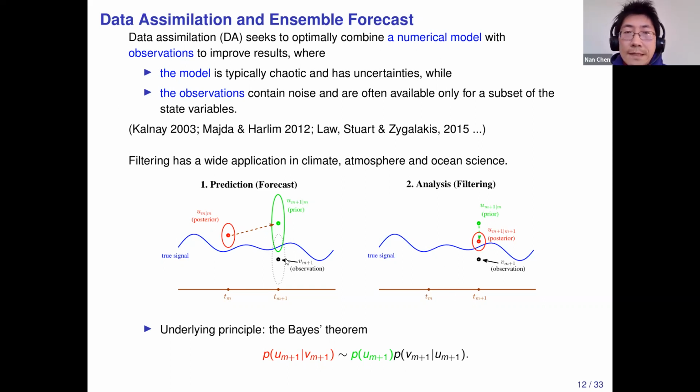And mathematically, this data assimilation is very simple. It's just Bayes' theorem. So you forecast with a model first, which will give you a prior distribution. Then you treat your observation as a likelihood, meaning how possible your forecast value will be located in the distribution from the observation. Then you multiply them together using the Bayesian framework, and you get a posterior distribution. That means the forecast state given the observations, right? With this additional information, it should be, in principle, more accurate than just using the forecast model.